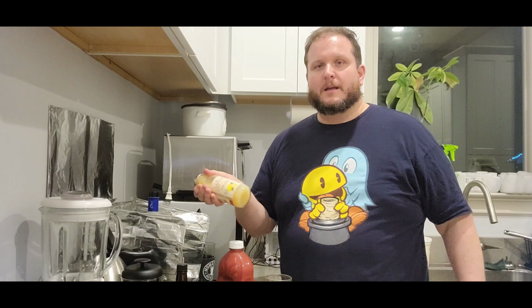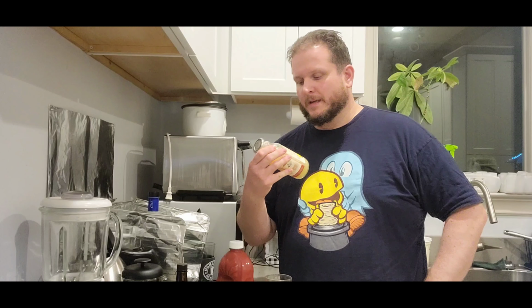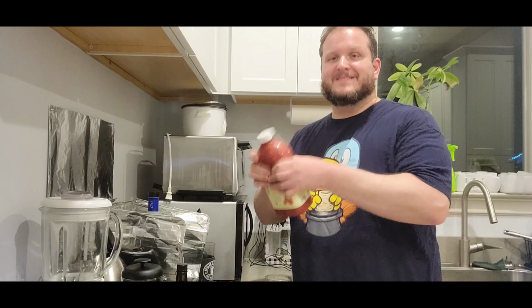I'm using Lakewood Organic Pure Lemon. Obviously, if you can do fresh lemon and squeeze it, totally cool, much better. I just wasn't able to get any, and I got this stuff when it was on sale. Got a bunch of it. Cheap, easy, it's ready to go. And I think as far as quality-wise, it's really good. All right, so